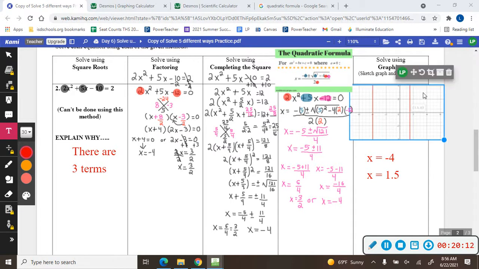And then graphing. Graphing was actually probably the easiest method, but the problem with graphing is you don't always get whole numbers and you may need an exact value, and graphing doesn't give you an exact